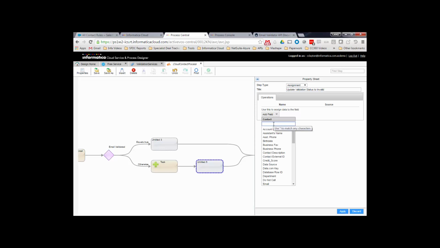Now here's all of our contact fields that we have available. We're going to go ahead and select validation status. And you can see here, it knows the drop-down values that I've configured for this in Salesforce, so I'm going to select invalid. And then I'm also going to include in the validation messages